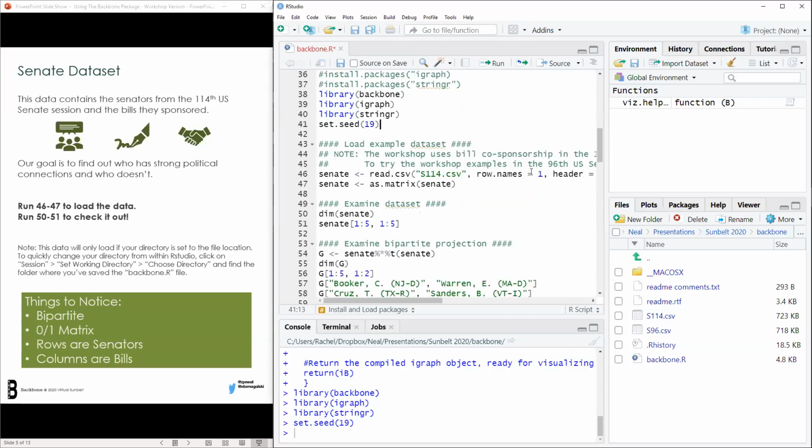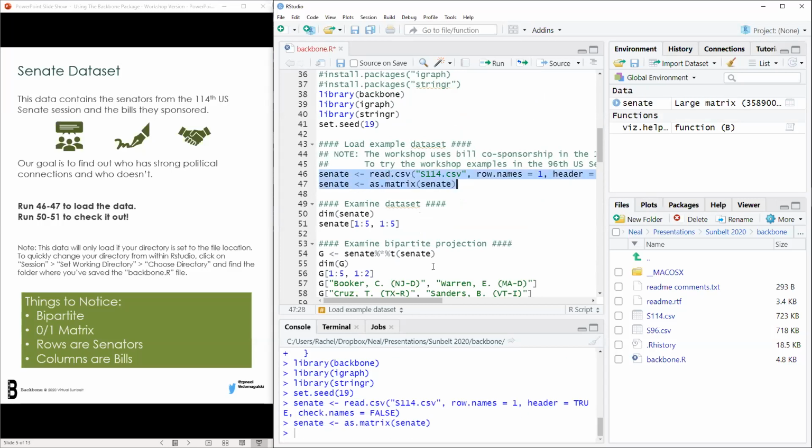Okay, so in the files that you downloaded from the website, there should have been a data set, and this is called S114.csv. This is the data that we're going to use, and this is the Senate co-sponsorship network that Zach was talking about. So it has the senators and the bills they sponsored in the 114th session. So if you run lines 46 and 47, it should load in that data, and you'll see it up here